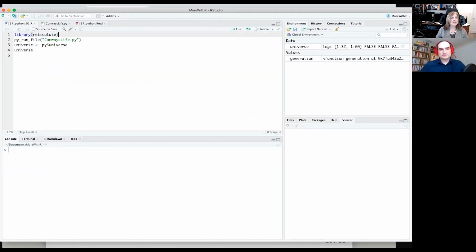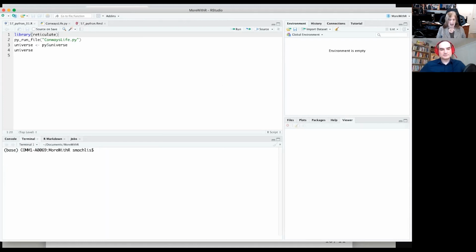And here is what we're trying to do. So let me restart the R session so we start from scratch. And let's start by doing it the Python way. This is our R console, but if you look at the bottom left here, I can go to a system terminal right within RStudio. And I would go python, space, and then the name of the file, which is conwayslife.py. Notice there's no parentheses, there's no quotation marks around the file name like we would do with a source in R. And while this is running, maybe you can tell us what it's doing.